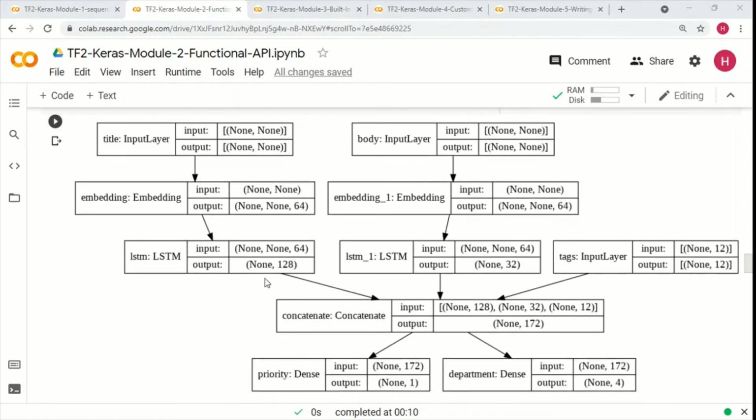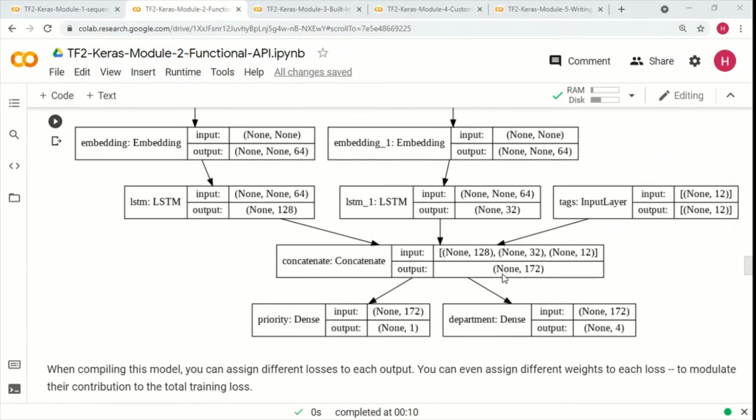Okay, and then we are combining the outputs of the first LSTM layer, the second LSTM layer, and the third input to create a single output over here, which is of the shape None, 172. And then we are using this particular output to get two final outputs, which are a 0 to 1 priority and a department to which the ticket should be routed.